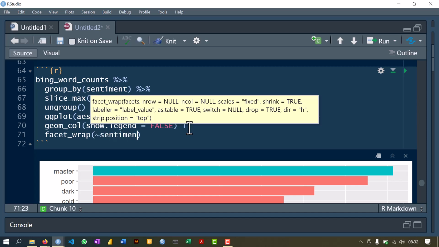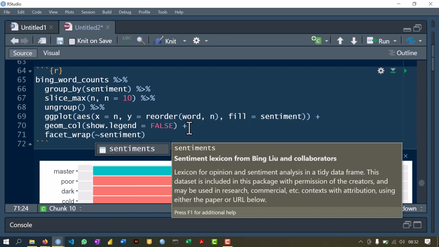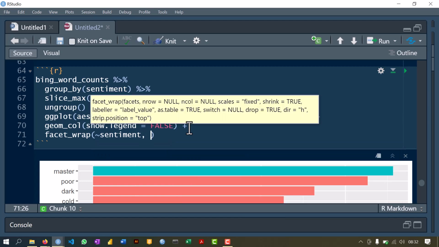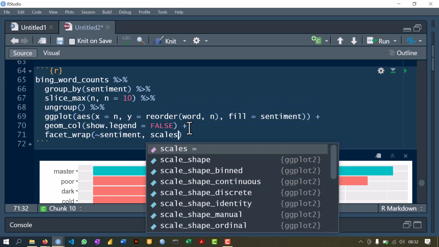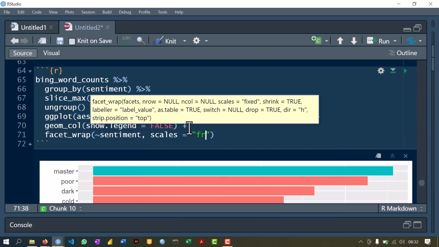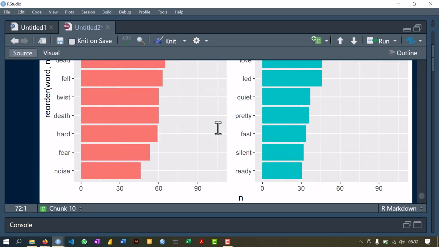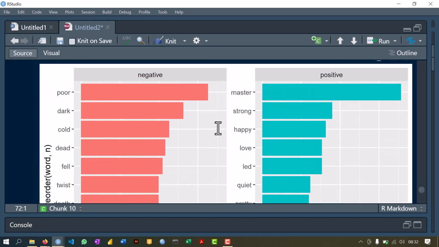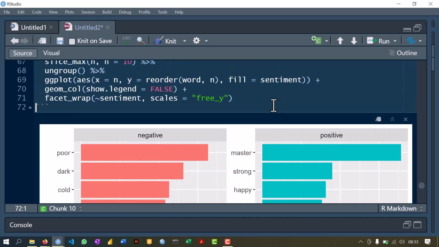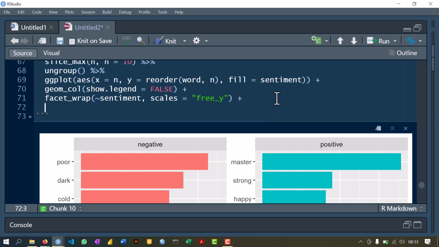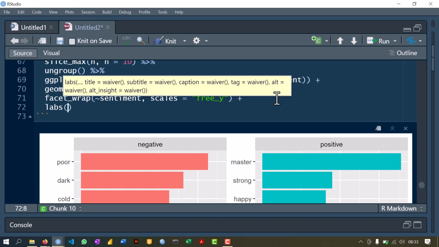Facet wrap sentiments. I'm going to pass it to sentiments because we want it to facet the plot by sentiments, and say scales equals free y. So you can see now we have on one side the negative words and on another side the positive words. Also, a very important thing, we should not forget our labels, labs, x equals